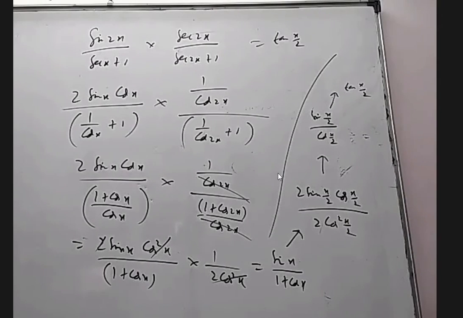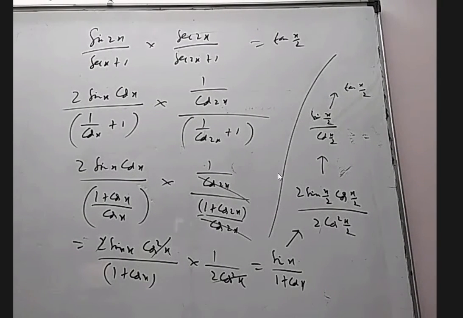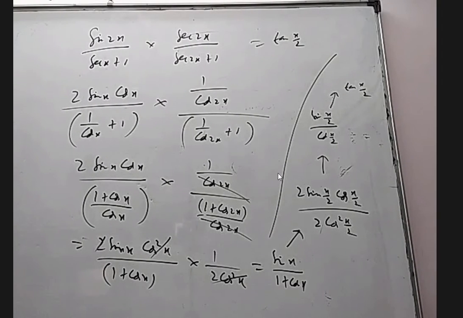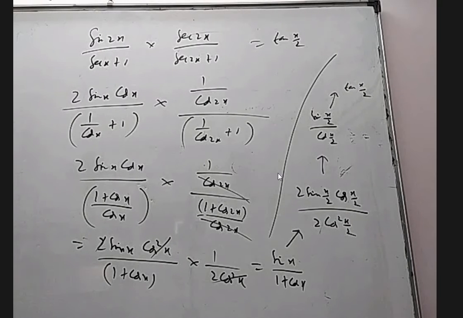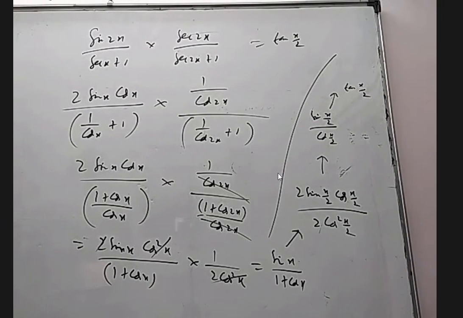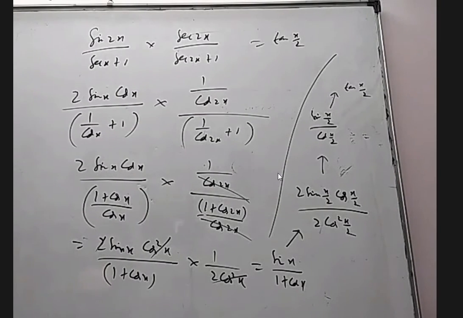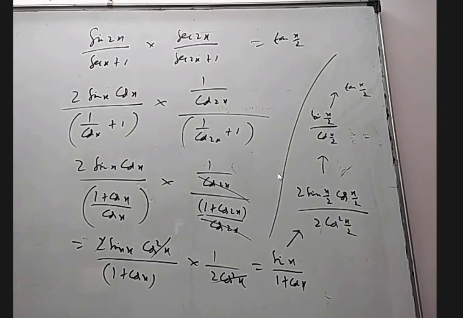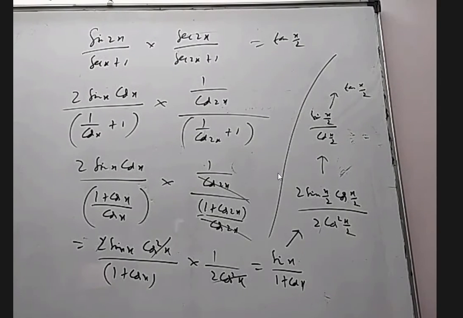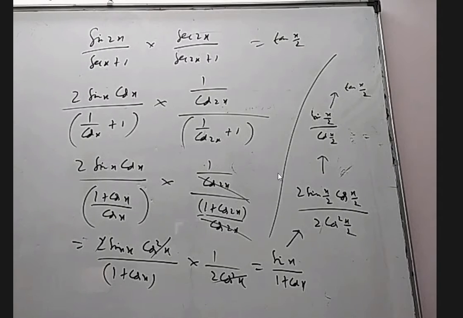Okay, just carefully using the 1 plus cos 2 theta formula 2 times and the sin 2 theta formula 2 times. From 1 plus cos x, you directly use the formula, 2 cos square x by 2. Like 1 plus cos 2 theta is 2 cos square theta. 1 plus cos x is 2 cos square x by 2. I told you that we were going to use these two repeatedly. 1 plus cos x is 2 cos square x by 2 and 1 minus cos x is 2 sin square x by 2. They came from the cos square x formula only, but in this way also we use it very frequently.